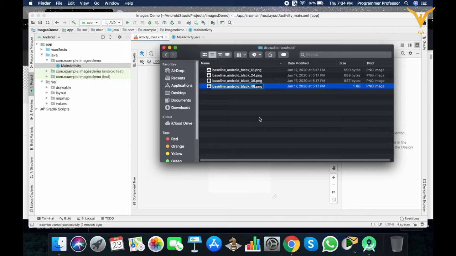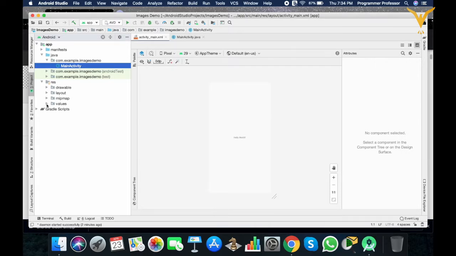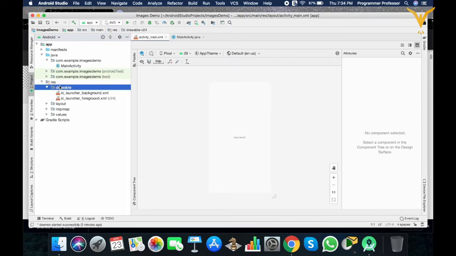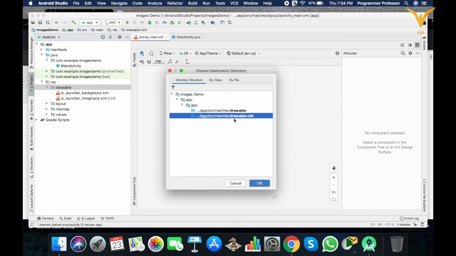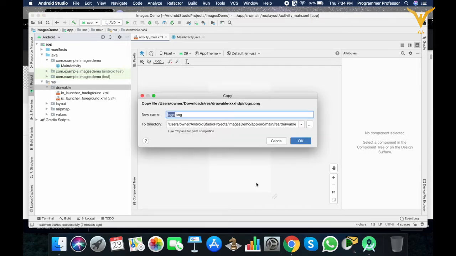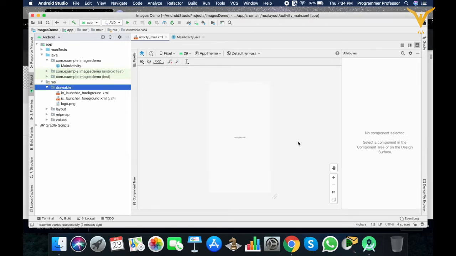Make sure you use only small case characters, because only small case characters are usable in your Android Studio for your resources. So let's copy this and we'll add it to our resources drawable folder. Click on drawable. Okay. So our logo is added to our resources.